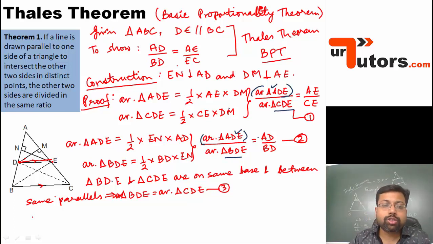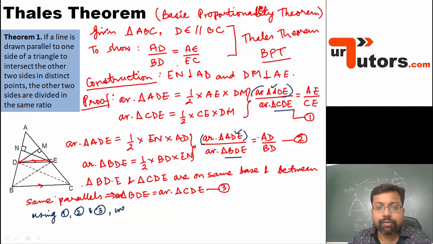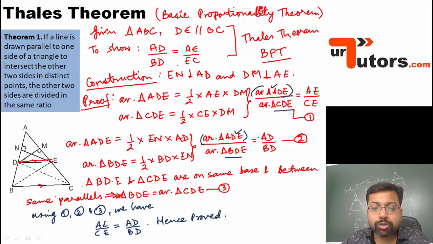So from using 1, 2 and 3, what do you say? What do you get? Using 1, 2 and 3, we have, what do you have? AE by CE is equal to AD by BD. And this is what we had to prove. And hence we can write that hence. So this is what we had to prove, and this result, this particular result, that if in a given triangle